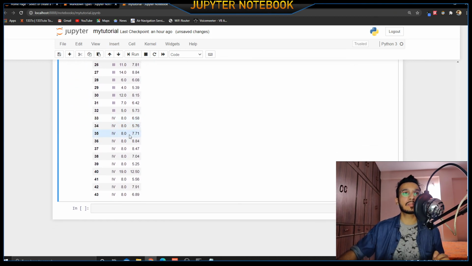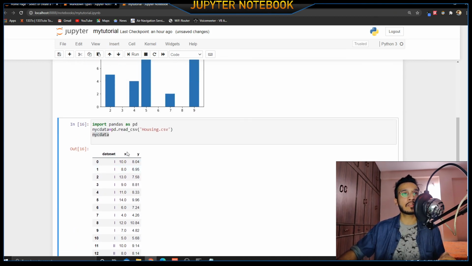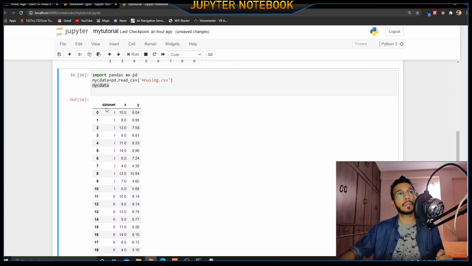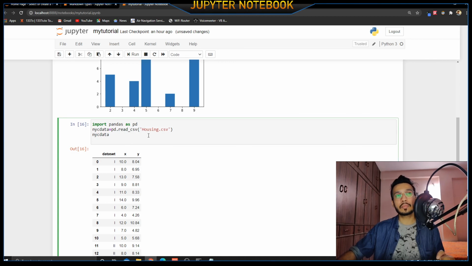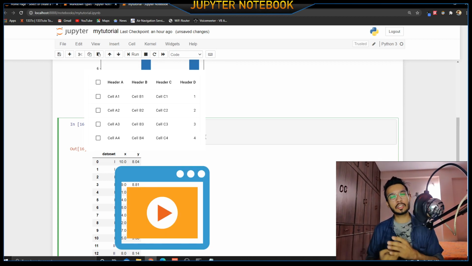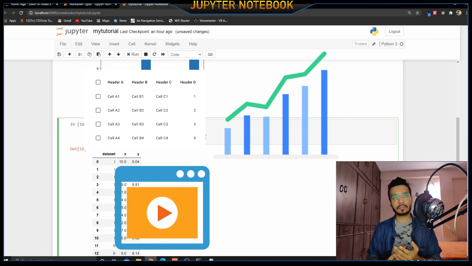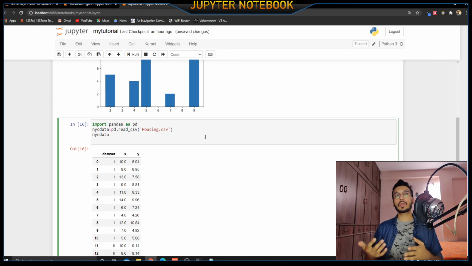So you can see this directly enables us to see the values inside it. And the best part is you can see this in the form of a table. Most of the IDEs fail to represent this in the form of a table, but it is a very easy game for the Jupyter Notebook. You can show videos, you can show images, you can show tables, you can show bar graphs, you can show all sorts of stuff in it, and the Jupyter Notebook will not let you down.